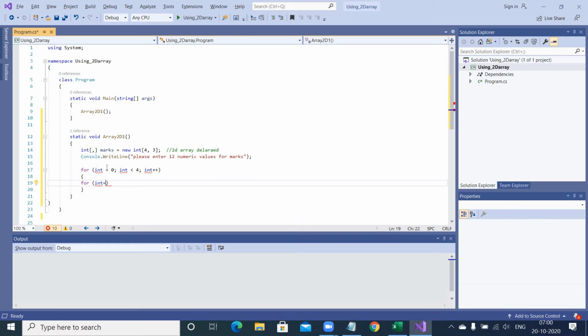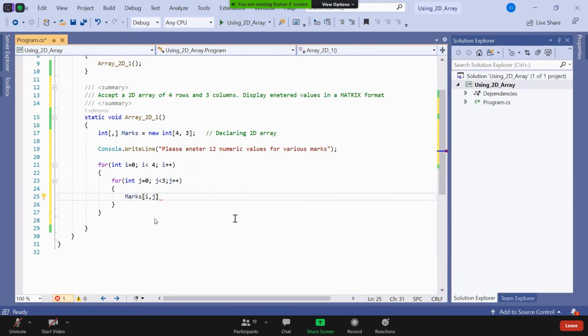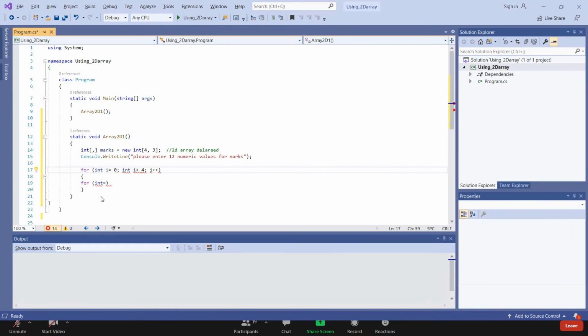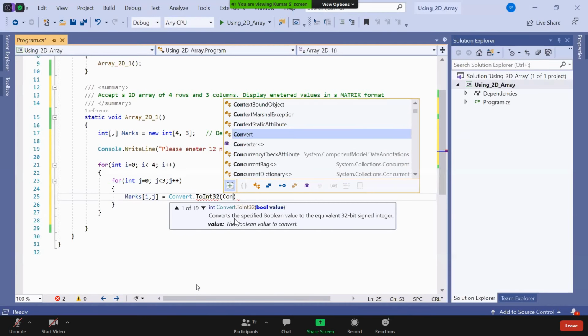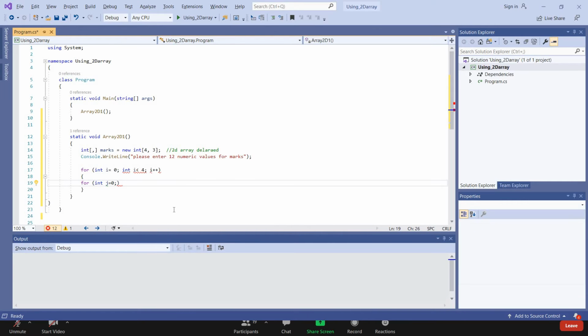So first I will say max of I comma j equal to console.readline. But console.readline will take the string kind, so convert that to integer, because this time we are using integer array of console.readline.